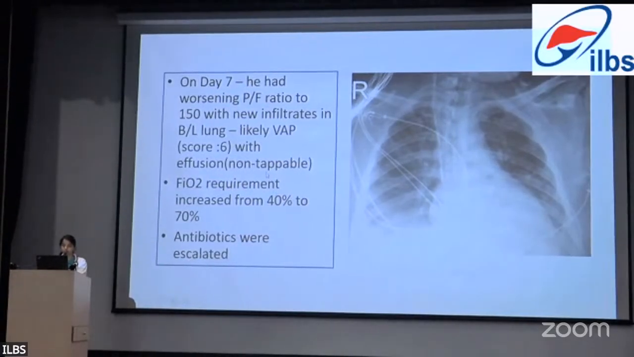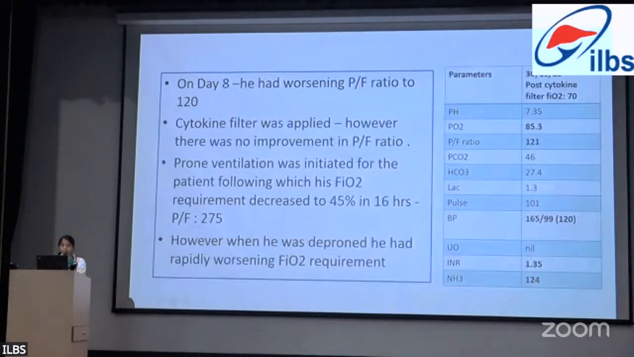and effusions, which were non-tappable, and a VAP score of 6. FiO2 requirement had now increased from 40% to 70%, and antibiotics were escalated. On day 8, in view of his PF ratios further worsening to 120, a third session of cytokine filter was applied, but there was no improvement in the PF ratios, following which prone ventilation was initiated for the patient,